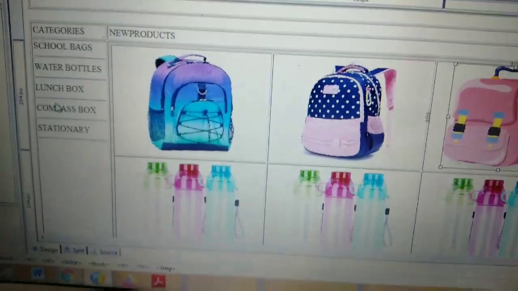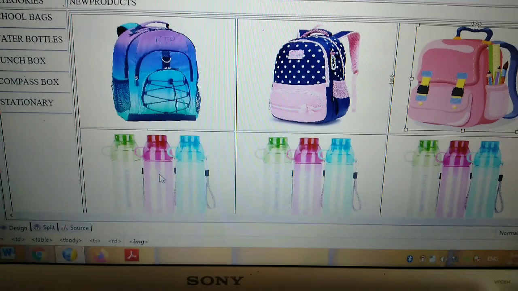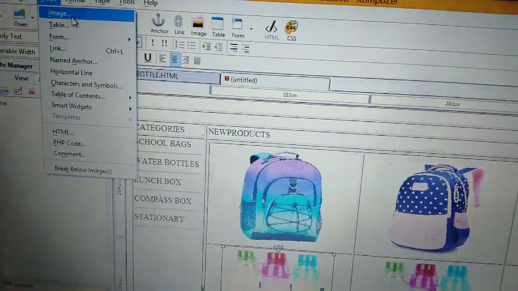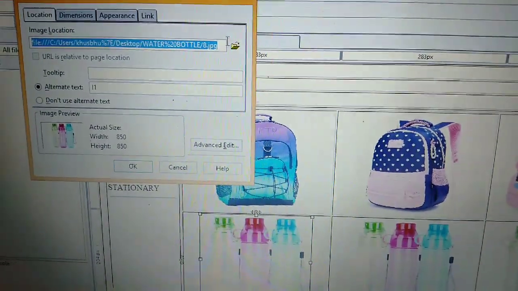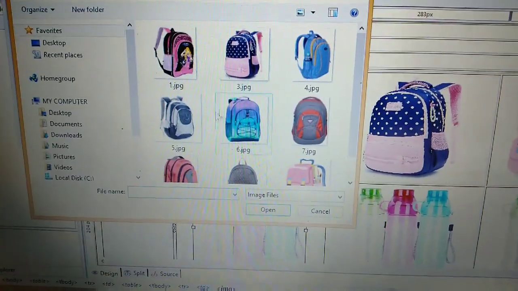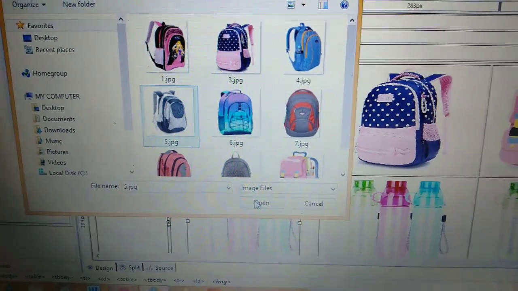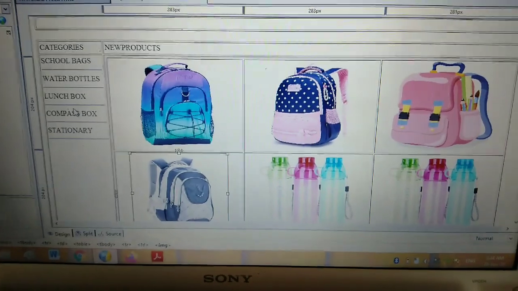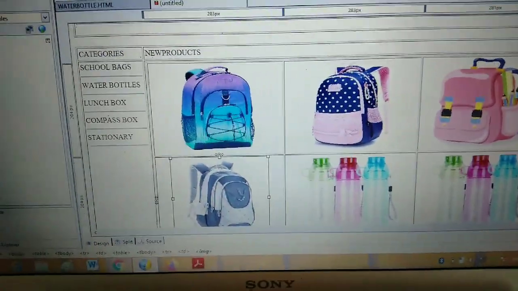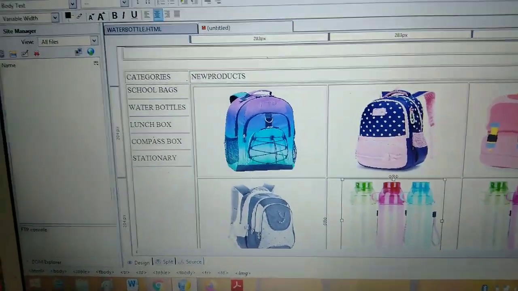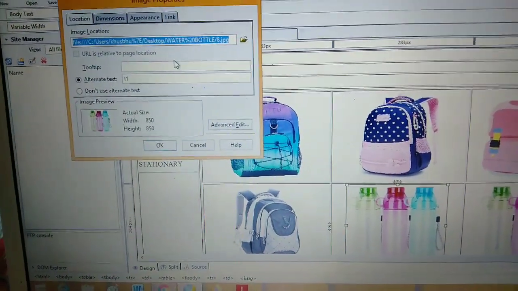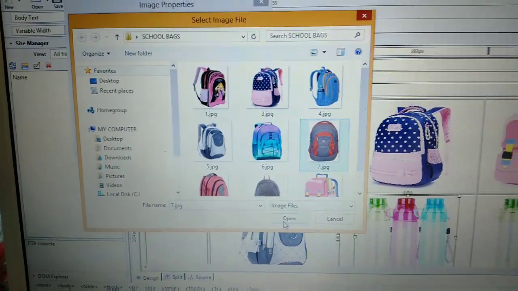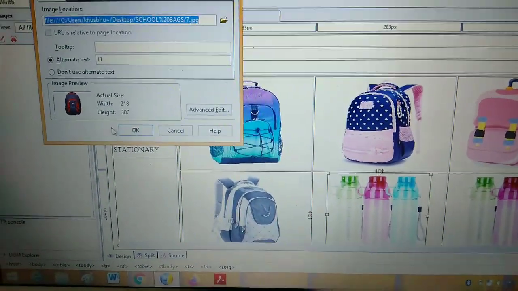You have to simply copy and paste and apply the related image to the pages. Insert menu, image location, fourth image. Open. Okay. Can you see my fourth image? Fifth image. Okay. Insert image location, fifth image. Okay.